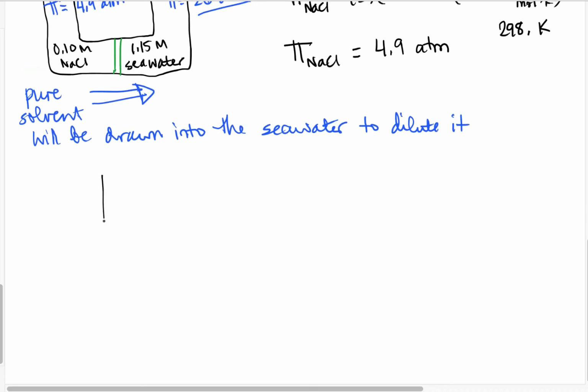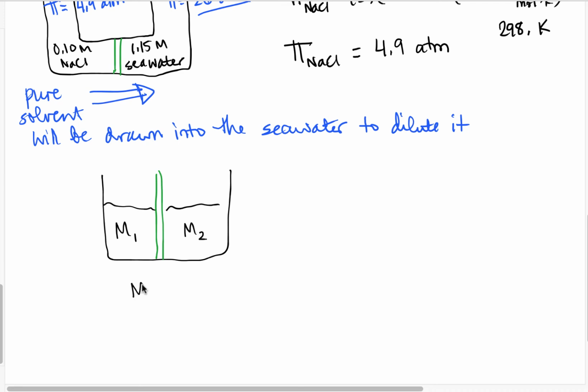Our general diagram is that we have this container with a semi-permeable membrane in it, and we have some, I guess we better make them concentrations, some concentration on one side and another concentration on the other side. If M1 is greater than M2, so if the concentration on the left-hand side is more concentrated, then the solvent is going to flow into M1, and later